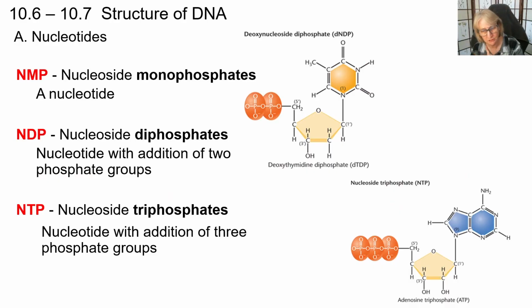So 3 versions. I don't have a picture of this one. Nucleoside triphosphate is when I have, sorry, I said that wrong. Nucleoside here, triphosphate, is when I have a nucleoside with 3 phosphates attached. We are going to use this to assemble the DNA when I am building a new chain of entire monomers,